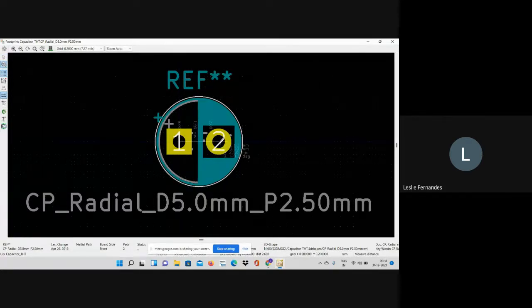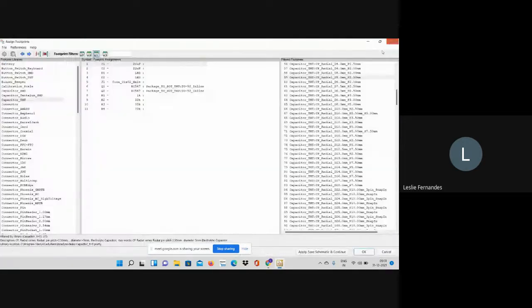As you can see, it is somewhere around 2.5, the spacing between the leads, and the diameter will be 5 mm. So let's check if it is 5 mm. Over here on the left, there is a ruler, vernier caliper. You can just click and measure it. Okay, so it is somewhere around 5.6 mm, but that is fine. So I need a capacitor of diameter 5 mm and spacing 2.5 mm, pitch 2.5 mm.